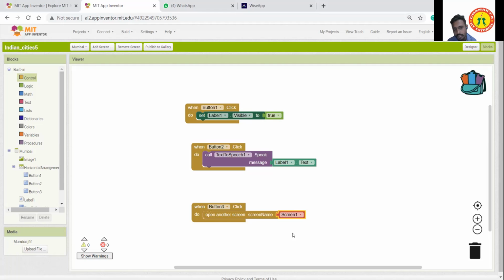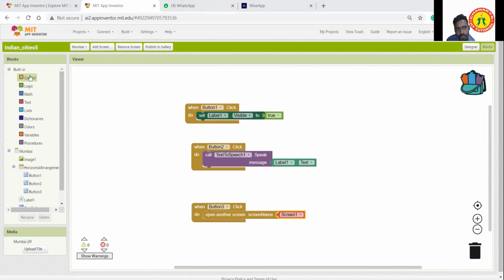Just copy this, select button 3, go to control, scroll down and take open another screen, screen name, and change it to screen 1. Sir, can you show that open another screen one more time?